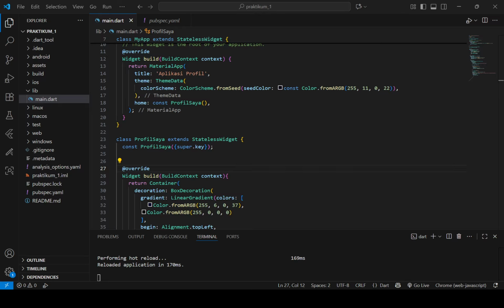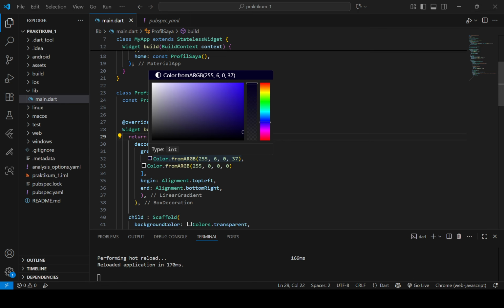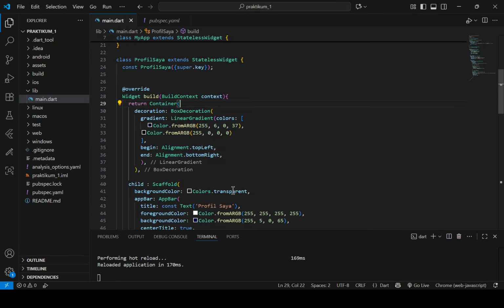Notice the unique structure here. We don't start with a Scaffold, but with a Container, which holds a BoxDecoration, which holds a LinearGradient. This sets a smooth transition from a dark blue color to black, moving from top left to bottom right.